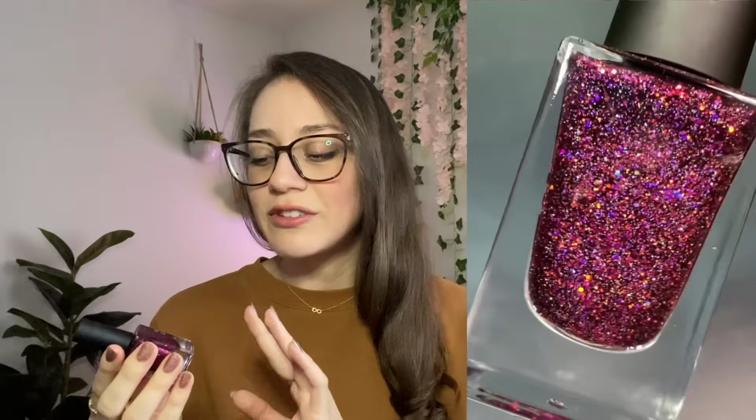It is so beautiful. And the last one I have is Plum Luck, and this was from the second holiday glitters collection, which overall I do really like. I am missing the gold and the green, but I am planning to pick those up. But this one is easily my top favorite because it is just such a beautiful, vampy, plummy purple micro glitter that also has these magenta micro glitters. Maybe they're looking a little red or something on camera. It just adds this extra dimension to the color, and I love it so much for the fall and winter time. It is just absolutely stunning, and I would recommend this one the most because while I do generally